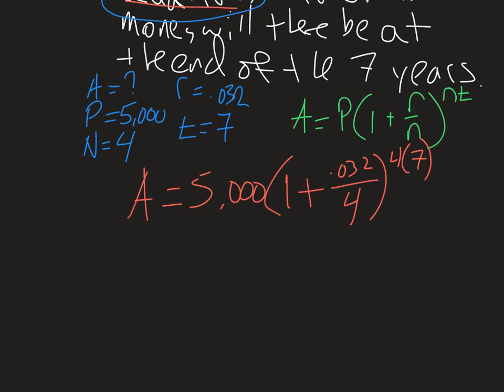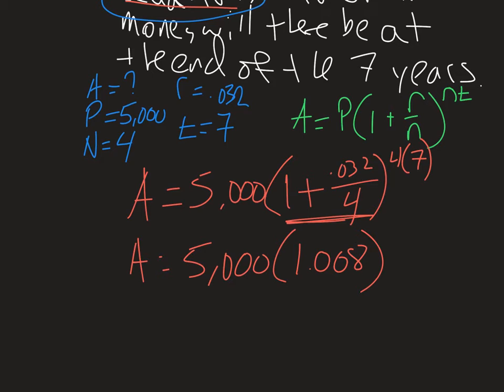Just taking a step here, I'm going to leave the 5,000 alone for a second. I'm going to simplify this piece in here. This will be 1.008, and then 4 times 7 makes 28. At this point, I'll run to the calculator. I'll do 1.008 to the power of 28, and then I'll multiply that by 5,000. And if I do that, I get